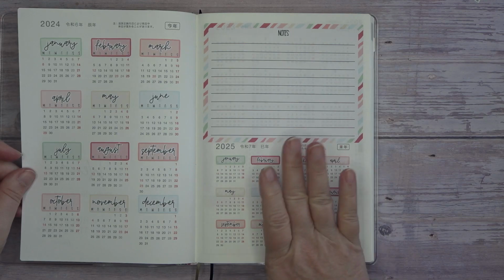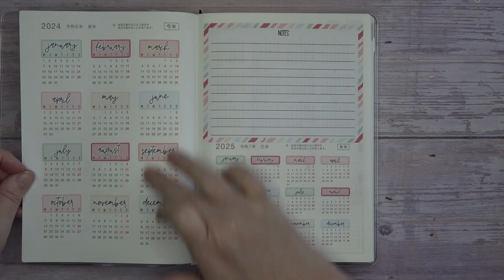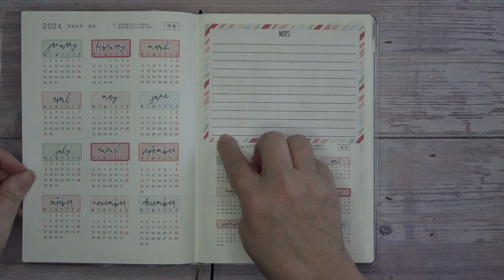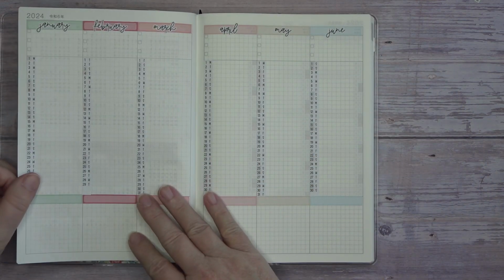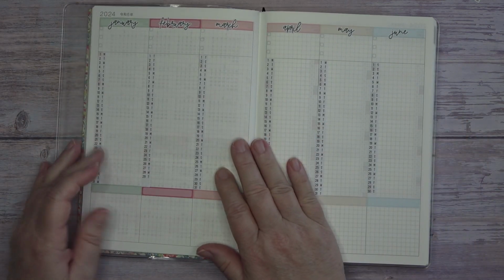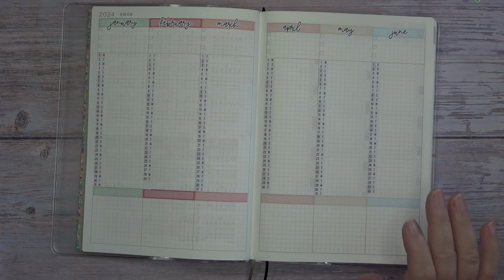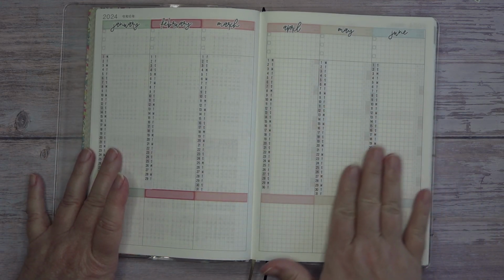Then we've got all the rest of the stuff that's in here, except for the vision board, is from Mandy Lynn Plans. So the date covers, we've got the month covers, and I've got another set just like these that I think I'm going to put here and put where I'm going to be each month. And then we've got our tracking board here. If I use this for social media along with my traveling, then I will probably use this to post